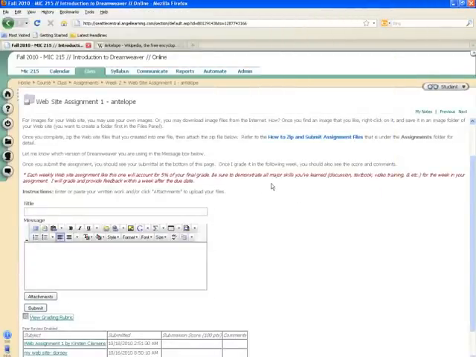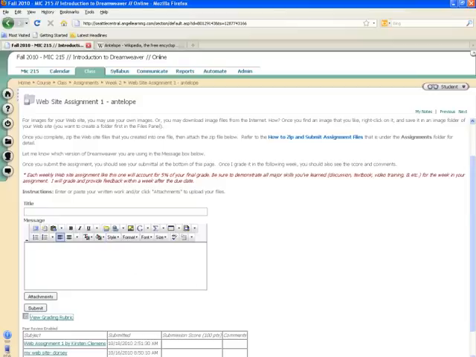Okay, so just as a preview, once you get the website complete, you are coming back to this page to submit your assignments. So for example, you are going to zip your website folder. I'm going to show you how to do that. And you're going to attach that here and then click on submit. That's how you submit, and some of the students already have submitted their assignments. All right,